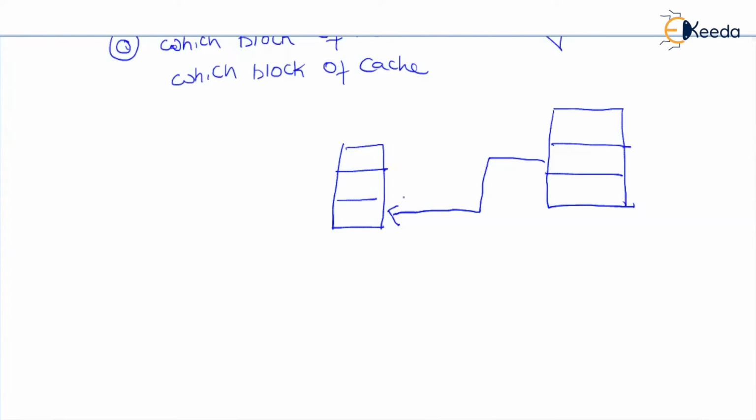The index should be located, then tag will be compared. So any block in the main memory will have only one corresponding block in the cache memory. This mapping rule is,